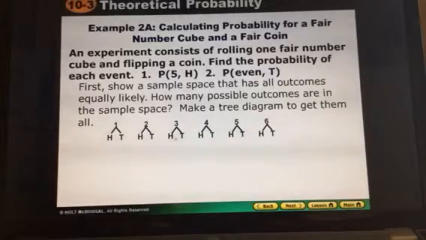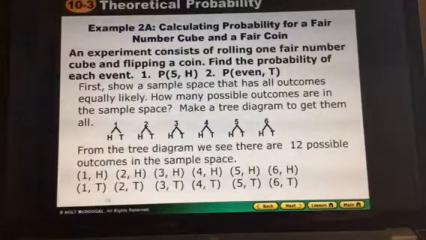So there are 2, 4, 6, 8, 10, 12 different things in your sample space. You can list them out, but they're pretty easy to see right here. There's 1 comma H, or you could have 1 comma T. All right. So if you did list them out, there they are in the same order, 1 head, 1 tail, and so on. And then you can see that there are 12 different things in the sample space,